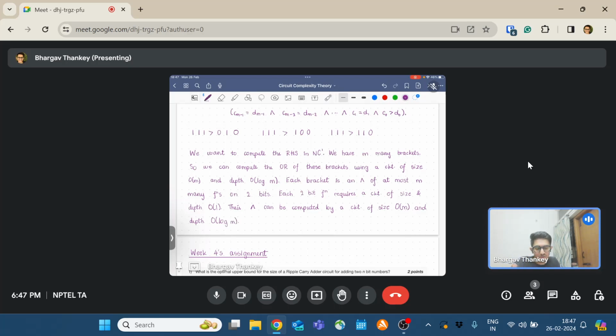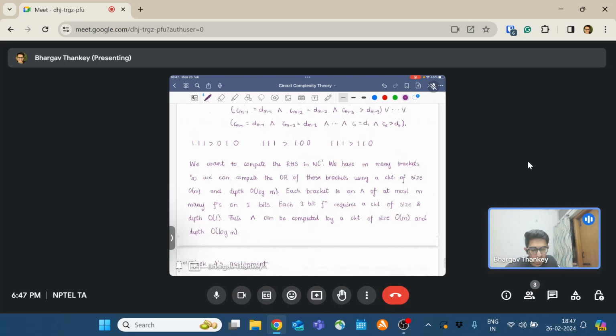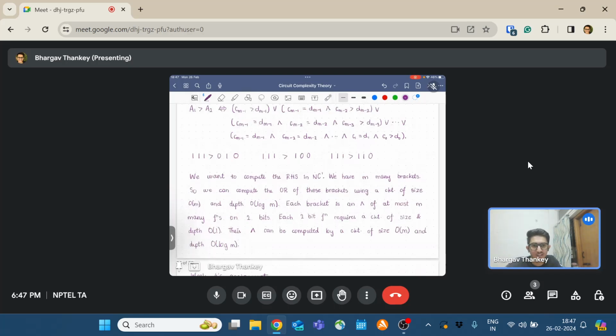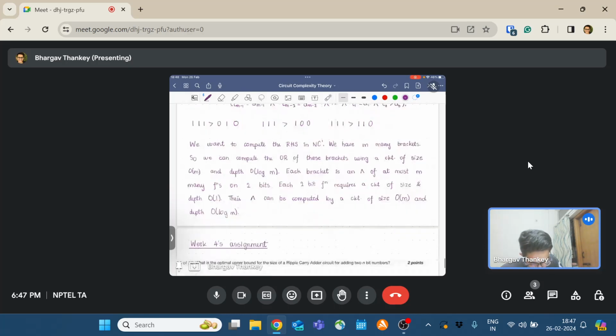So again, it's similar to the OR that we did before. We want to compute the AND of M things. So we have M inputs. We can just construct a tree of AND gates, right? So the total size is equal to order one for the functions plus order M for the AND tree and order